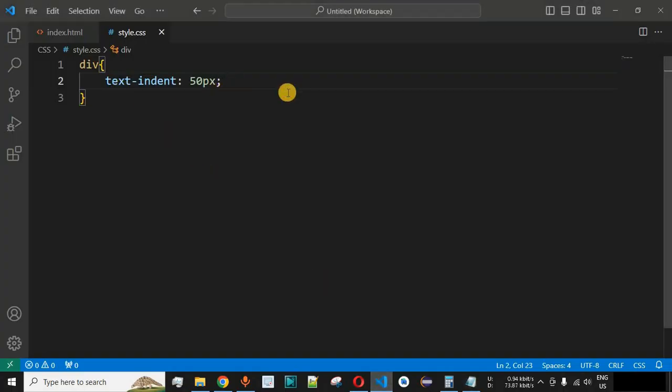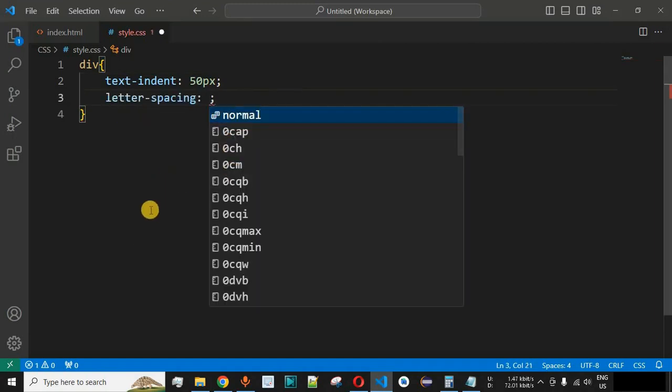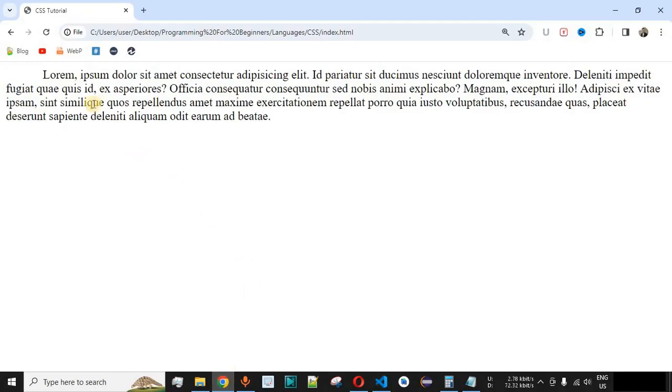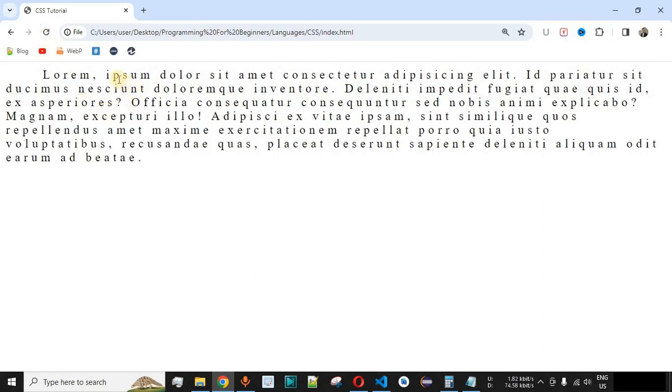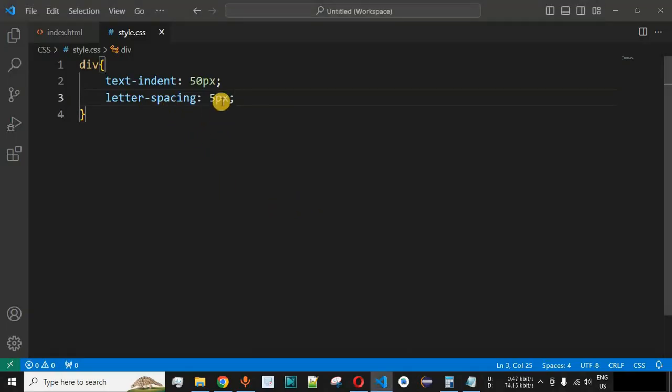So inside the CSS file, we will provide letter spacing CSS property. So this is the property that we are looking for, and let's say we provide 5 pixels of letter spacing. So let us check what happens over here. So let me just save this file now and try reloading this page once again on the browser. So as you can see, we have 5 pixels of spacing in between the characters that are present inside this text, and that is how the letter spacing will work. So in case you want a certain spacing to be provided apart from the default spacing that is provided to the text, we can use the letter spacing over here.